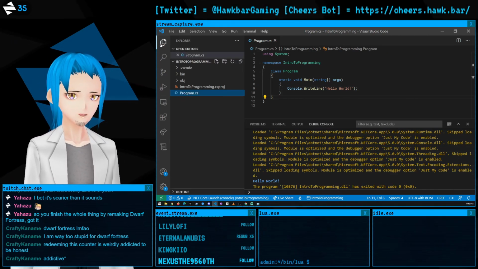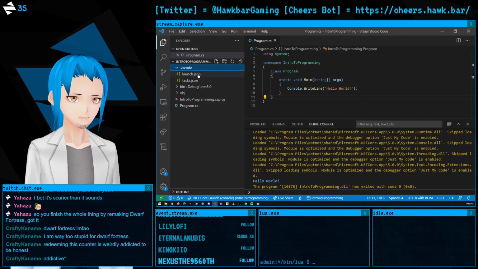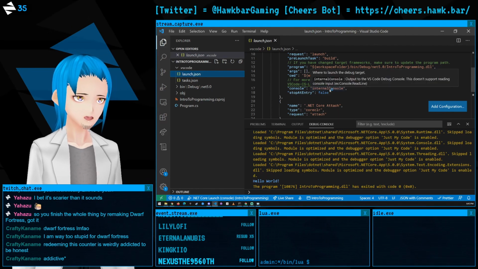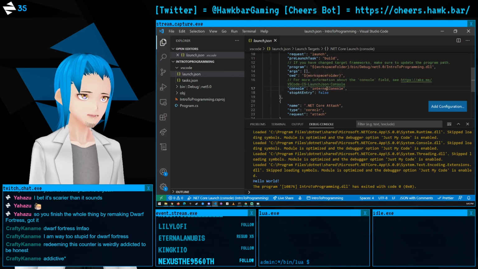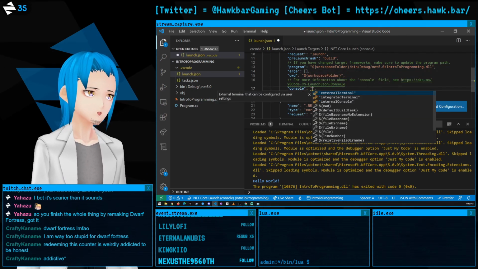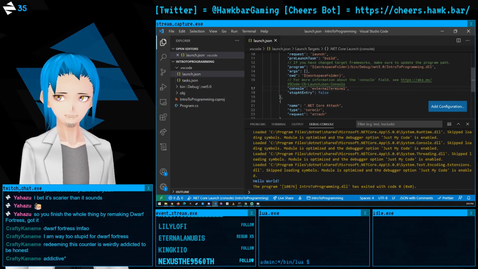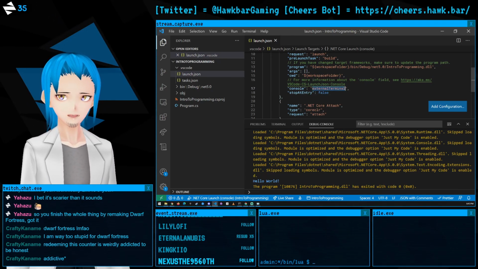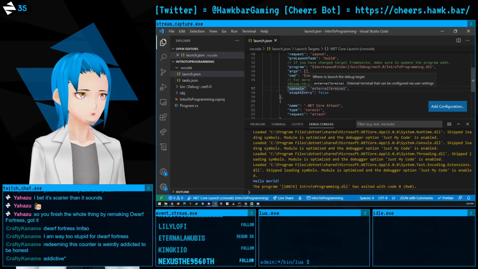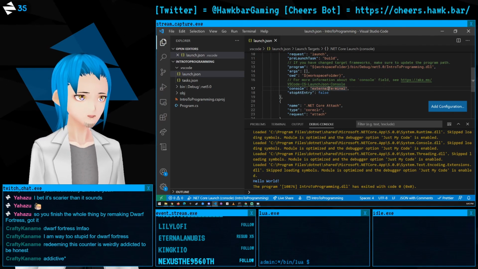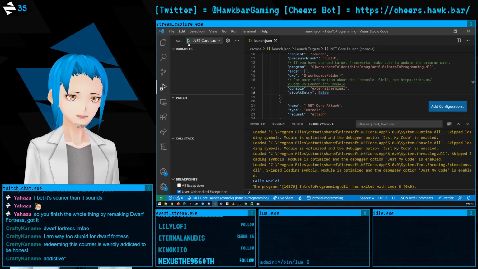There is one thing we are going to change really quick, though, here in this .vscode folder. So if you go to launch.json, find the line that says console, change that to externalTerminal. And I don't expect you to understand what's going on here. Just follow along, copy and paste that in. Change console to externalTerminal, capital T. And now if we come here and run it again,